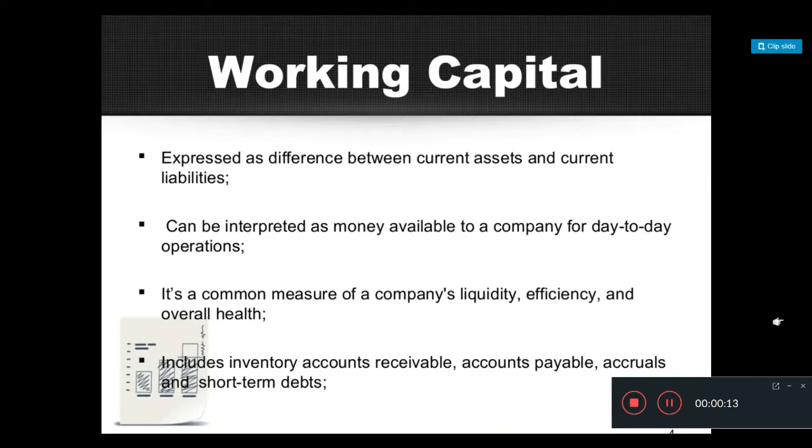In Unit 4 we have a first topic, that is Working Capital Management. Now let's understand what is working capital. Working capital is basically an indicator of the short-term financial position of an organization and is also a measure of its overall efficiency. Working capital is obtained by subtracting the current liabilities from the current assets. So the formula for calculating working capital is: working capital is equal to current assets minus, that means subtracts, current liabilities.